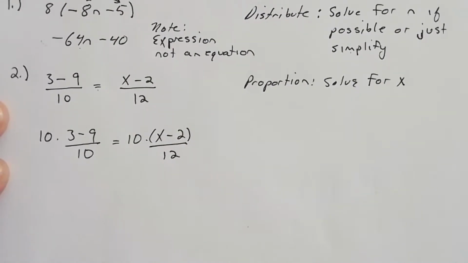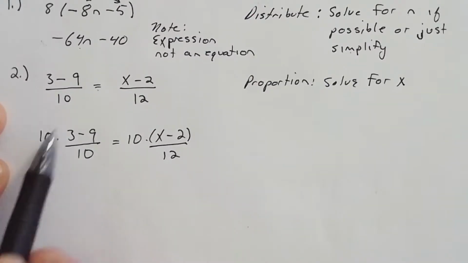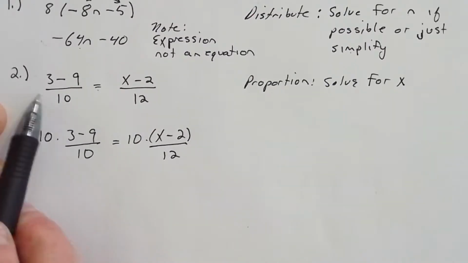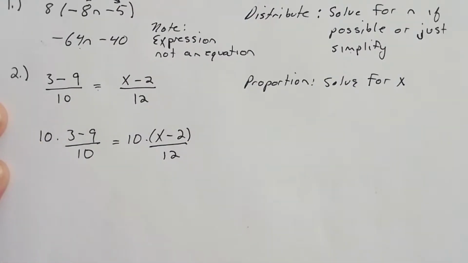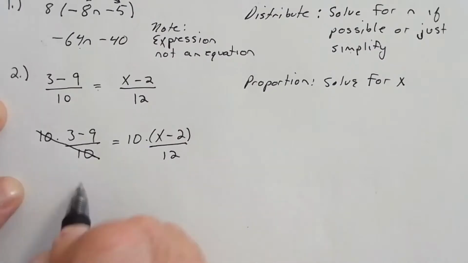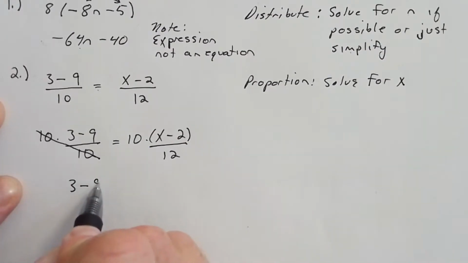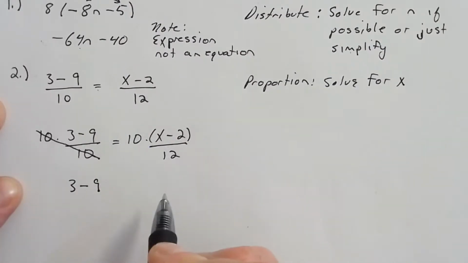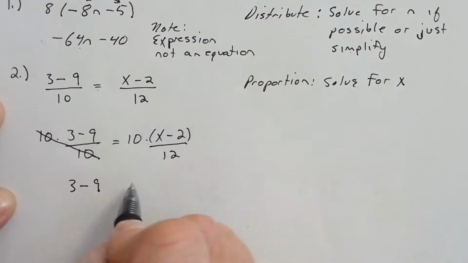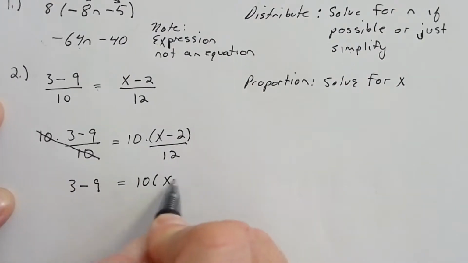Whatever we do to one side, you must do to the other. So if we multiply the left side by 10 to get rid of the denominator, we have to multiply the right side by 10 too. In this case, this allows us to cancel that out, and we have 3 minus 9 is equal to 10 times (x minus 2)